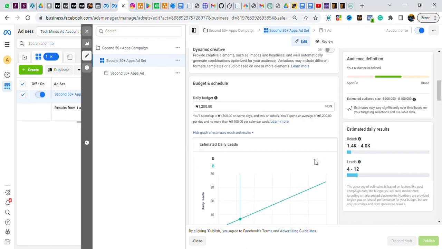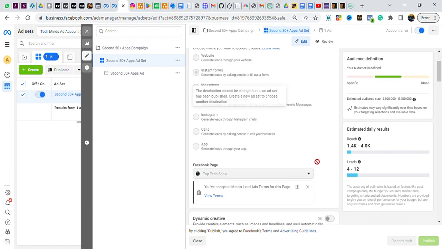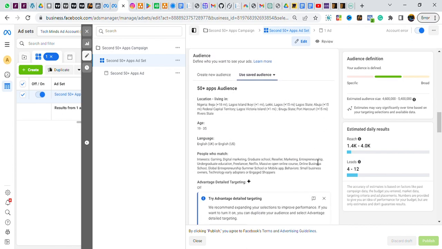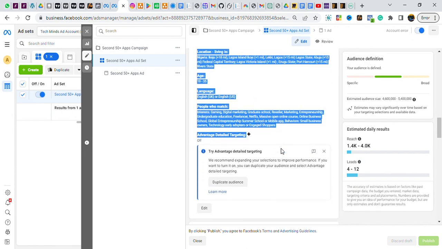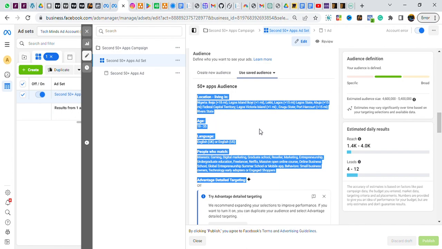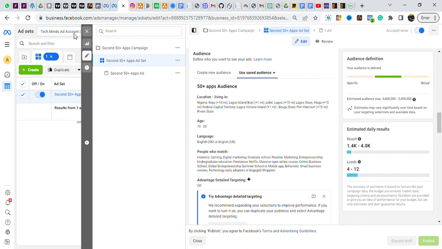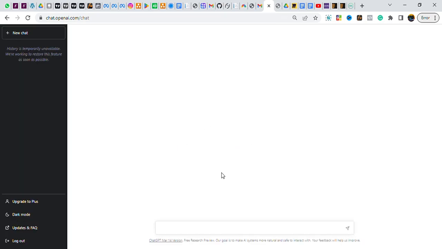If you are selling other products, you know how to arrange your campaign and target your audience. You see the way I targeted my audience. This was their interest. Make sure that I engage shoppers, so that means they have clicked on the shop button before. They are freelancers, tech people. It's very simple. Just think about the kind of people that will buy it, their age. Just think about that. Or you can go over to ChatGPT, because that's what I use most times to generate